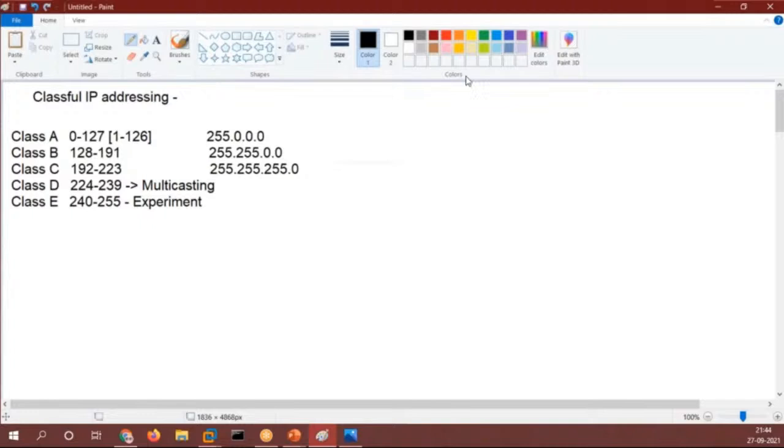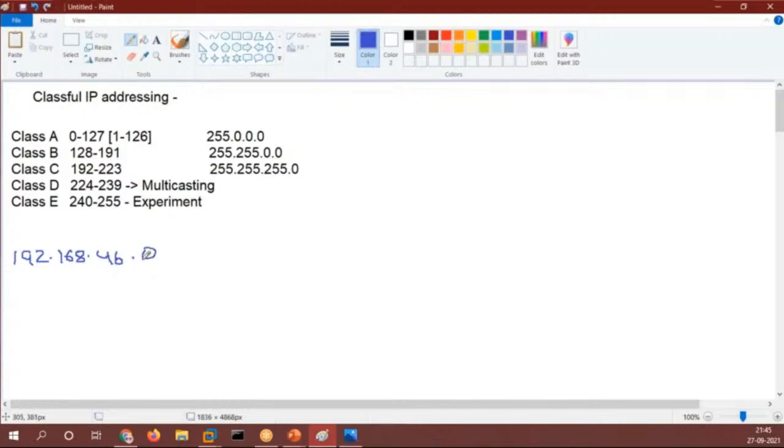Let's say my IP address is 192.168.46.1, or .46.0. What I have to find out is how many devices I can add in this particular subnet. Now, a subnet is a small part of a network.